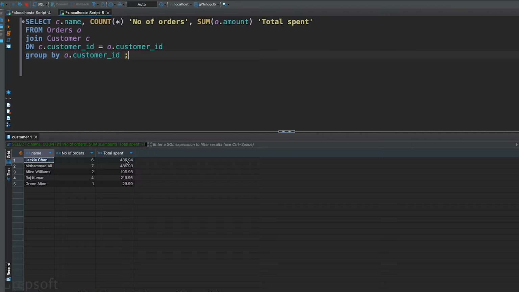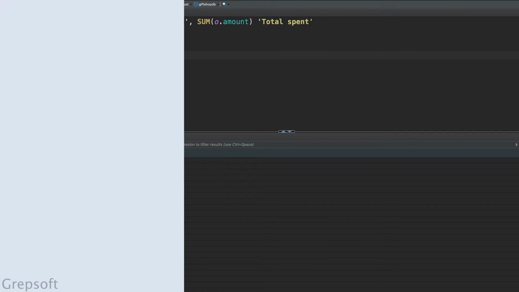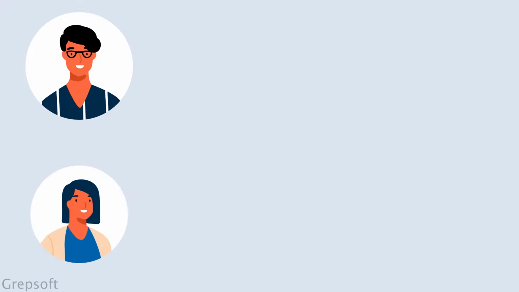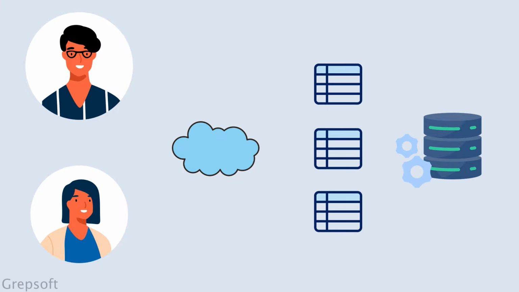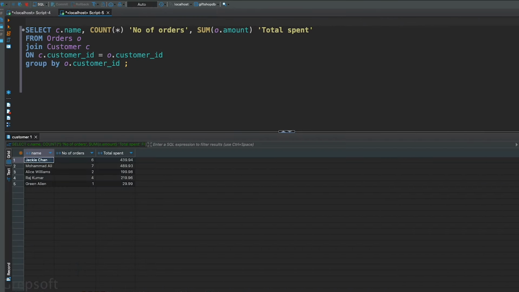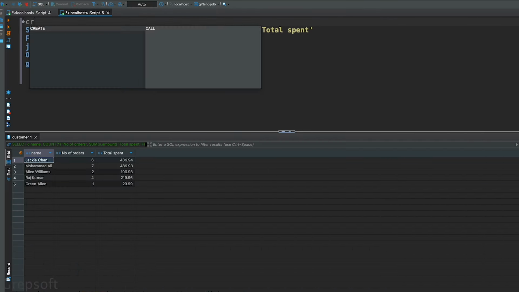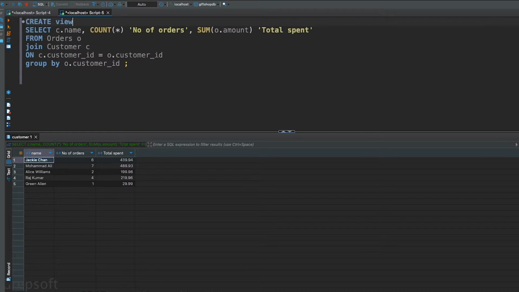So let me give you a real scenario. Let's say you have contractors that work on your data from outside. You don't want to expose all your database fields, but you just want to expose only the relevant fields, right? So you don't want to give them access to your tables. So what you do in that case is you will create a view, and it's pretty common practice in production that companies do. So the way to create a view is you're just going to say create,